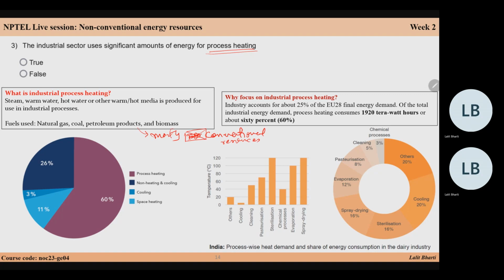These are basically natural gas, coal, petroleum, and biomass. The biomass can be termed as renewable, but it is very low in percentage. So the mostly used fuels are conventional. So why we are